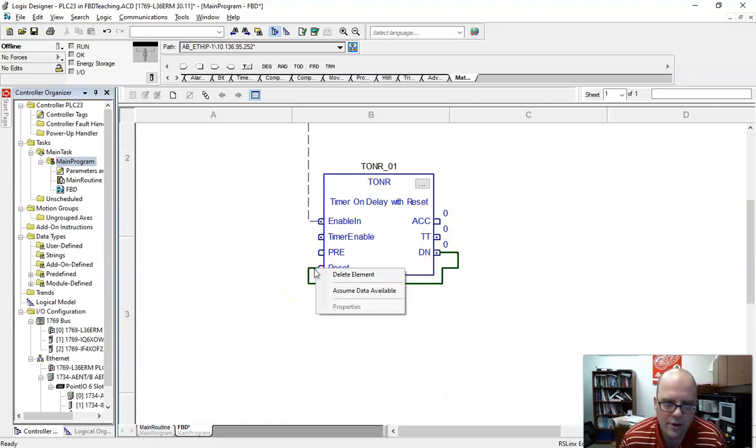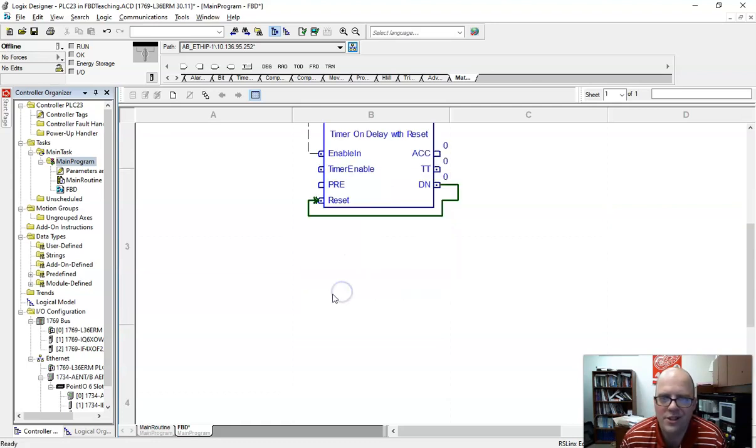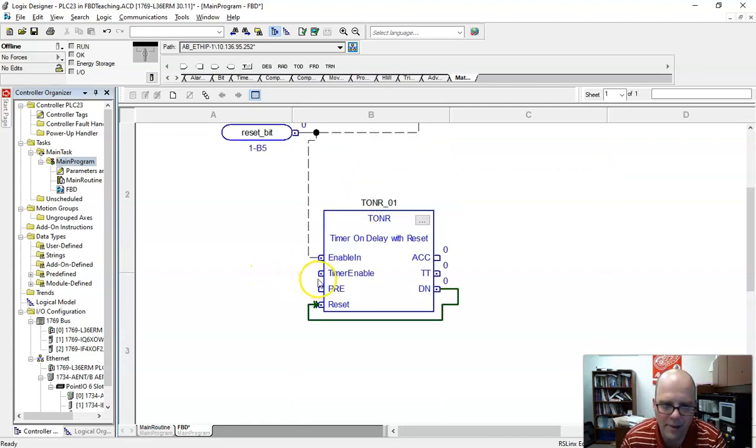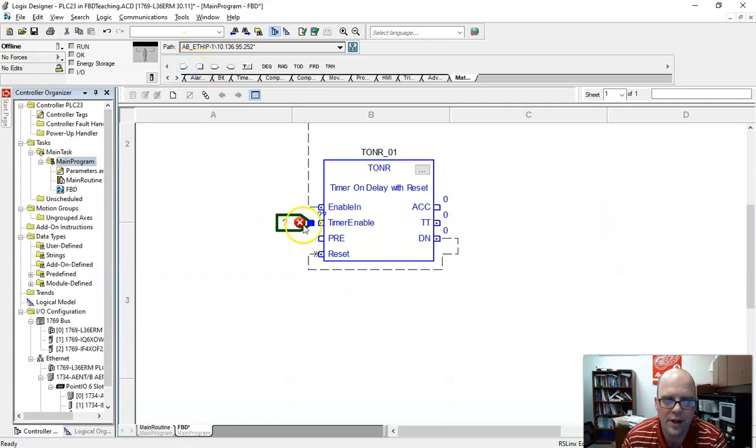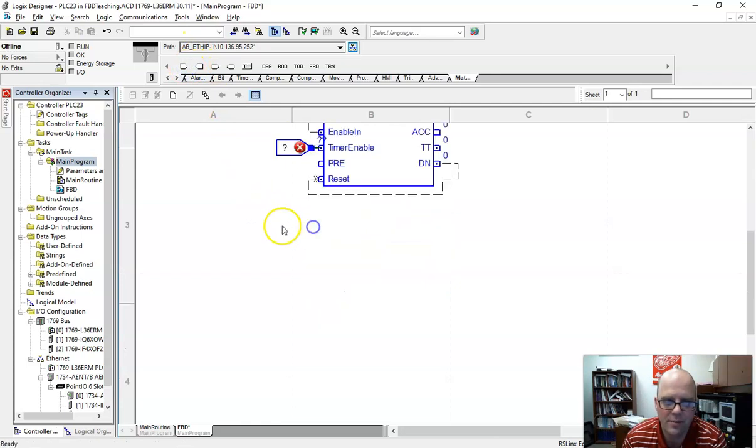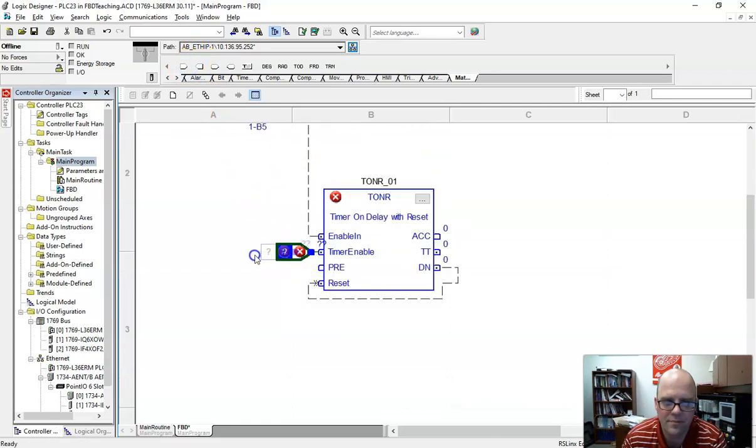If you right click on the actual wire when it's lit up, you can do this assume data available, which is basically a way of slowing it down so that it allows the thing to execute and kind of delays it from operating. I'm just going to go ahead and put this in there,